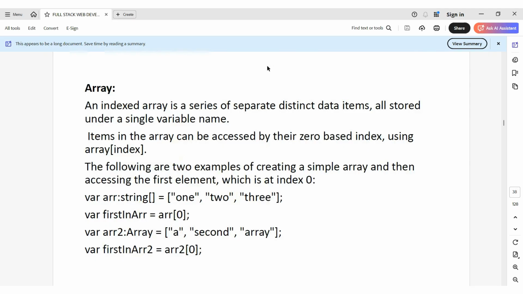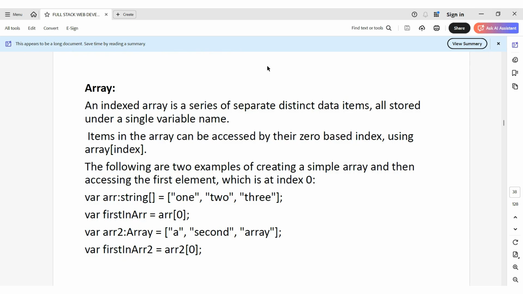The next data type is array. An array is an indexed array, that is, a series of distinct data items stored in a single variable. Generally, an array holds homogeneous data types. The index accesses values starting from 0, that is, a zero-based index using array of index.